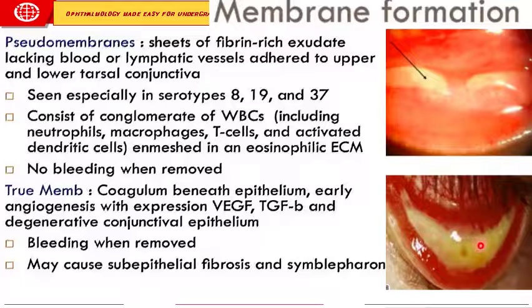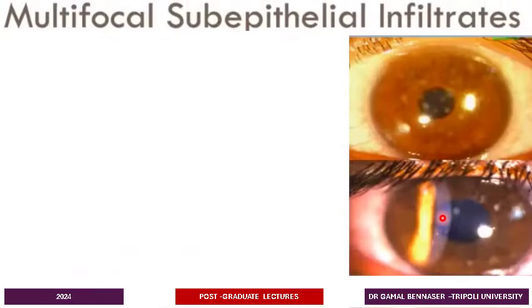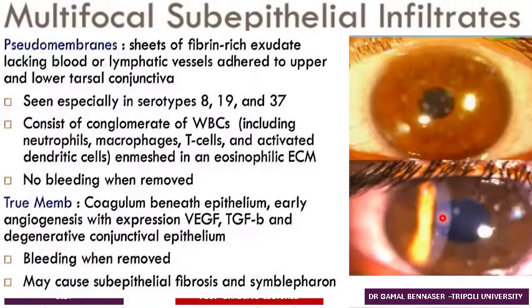Now, for the true membrane, this forms beneath the epithelium and also contains fibrin and inflammatory exudates along with new vessels and angiogenesis. This is due to certain angiogenic factors, and when they are removed, they will end up bleeding, and it can also cause subepithelial fibrosis and symblepharon. The other common complication, or the hallmark of adenoviral keratitis, is the presence of subepithelial infiltrates, and